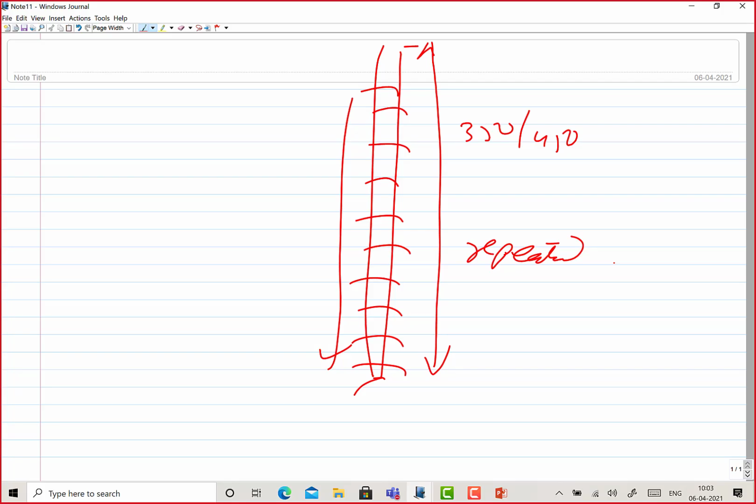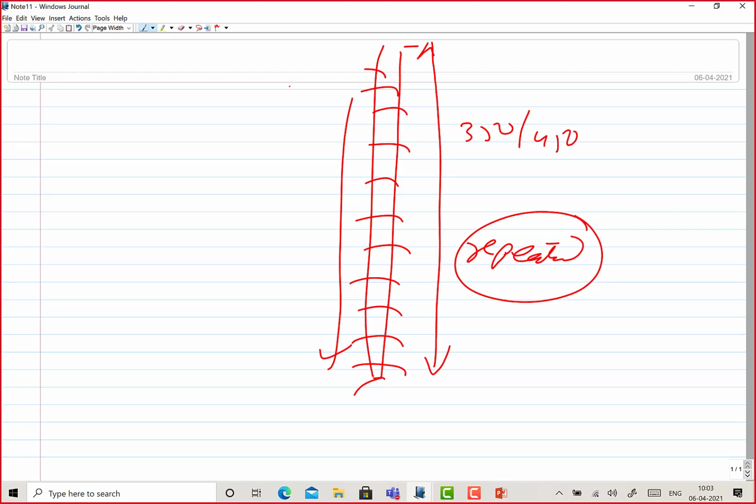Say if the welding is to be done for a 2 meter length, you may have to change a number of electrodes. So there will be frequent breaks due to the consumption of electrode. The process is interrupted as soon as the electrode is changed. So this is another undesirable side related with the SMAW or stick electrodes. There is no continuous feeding. Electrodes have to be changed as soon as they are consumed.